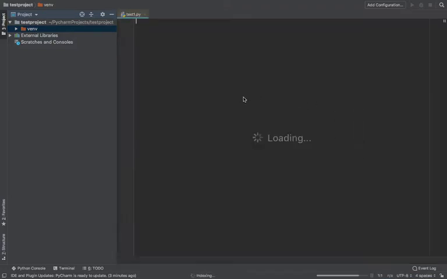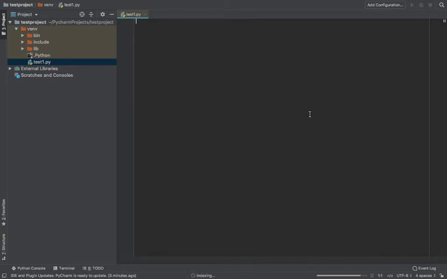Suppose I am taking a simple example, names: Anand, Rahul, Diksha. That's it.